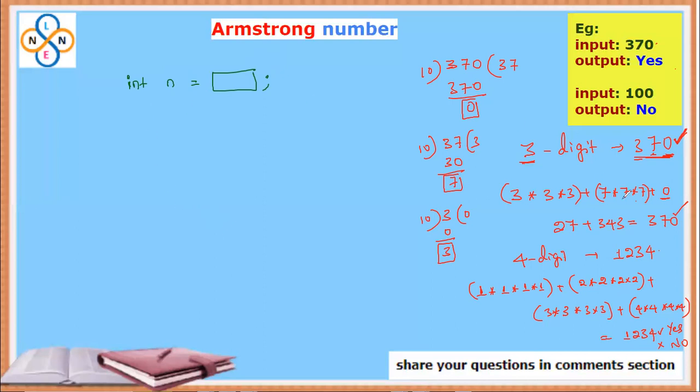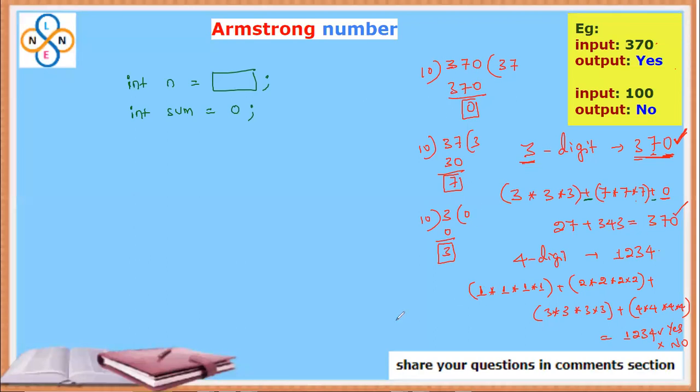Then, to find this sum and add the result to one common variable, I am taking another variable, say int sum, and the initialization is 0. So 0 because we are adding. We are adding here, that's why 0. Okay. Then followed by,